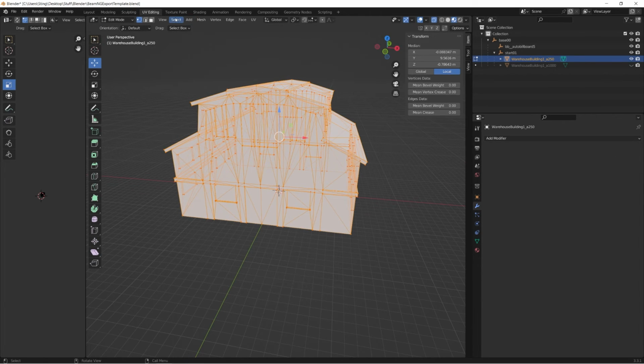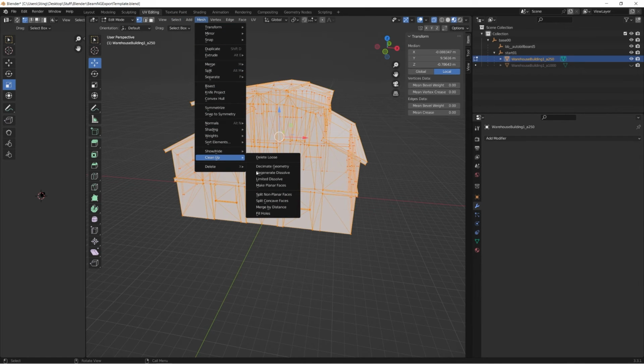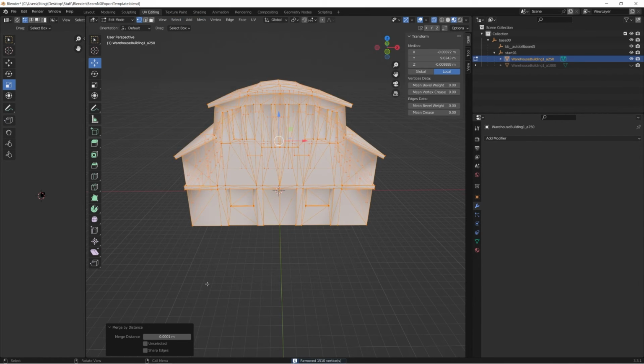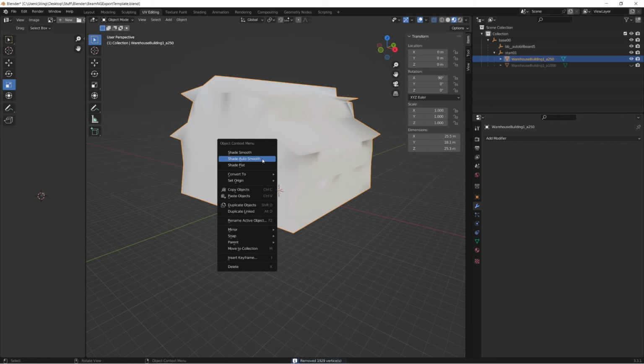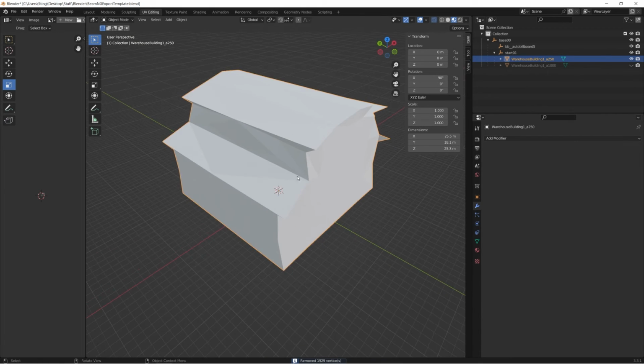So if I go to select all the things and then I go to select, sorry, not select, we're going to go to mesh, my bad. We're going to clean up, and then we're going to go to merge by distance. I don't know if this will work. We will see. Yeah, that works a lot better because it's keeping the same shape. So we're just going to set to that because that looks like a good range of model,